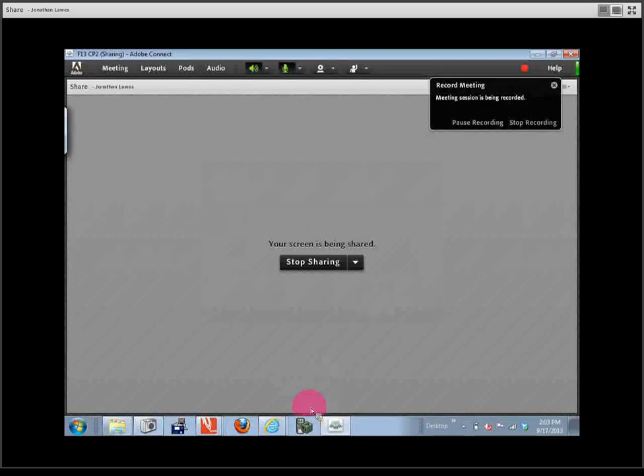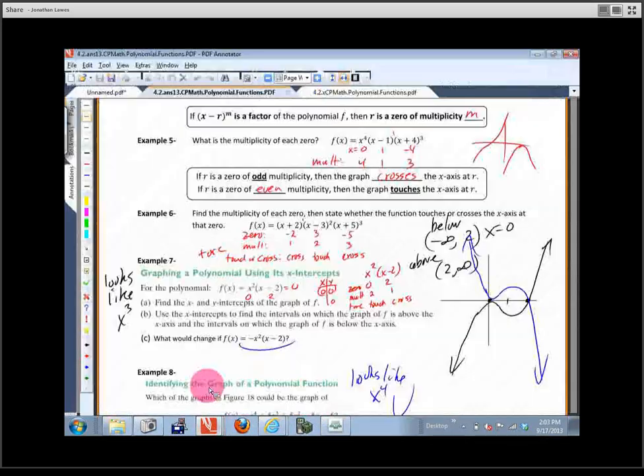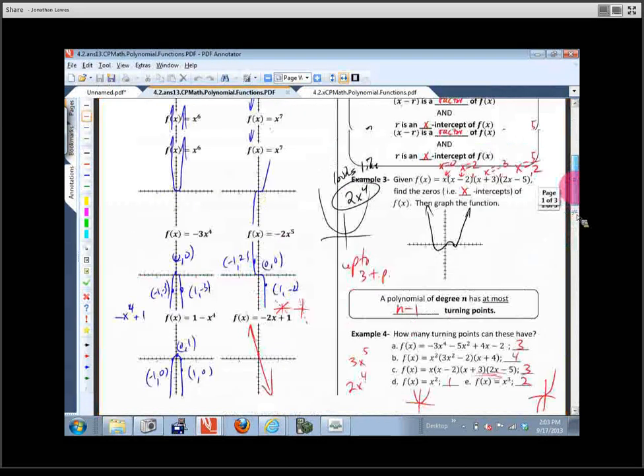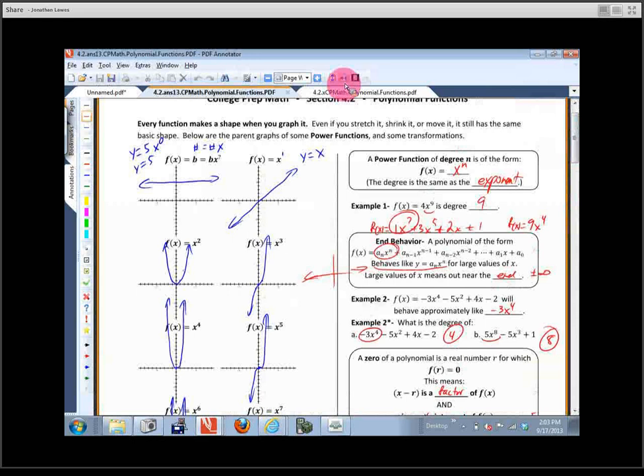All right, so let's take a look here. This is what we went over yesterday. Okay, so we went through a bunch of different power functions, and we figured out that if it was x